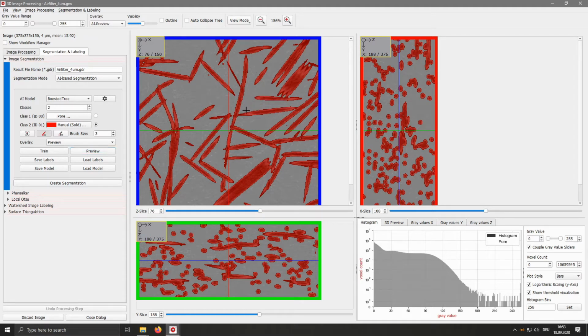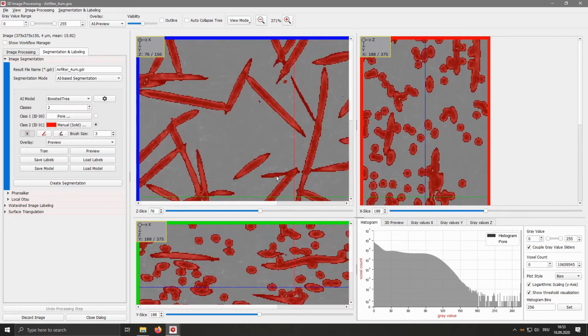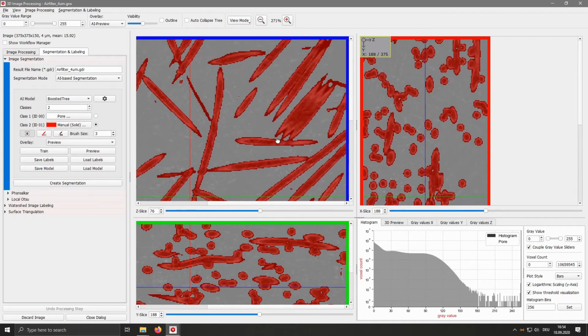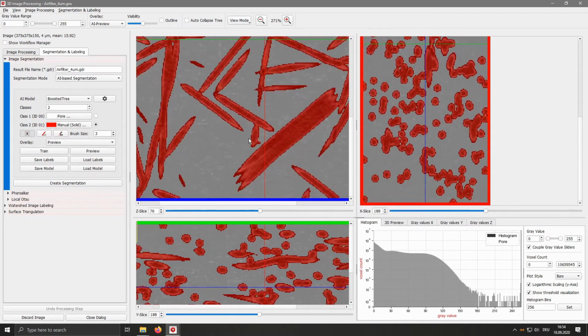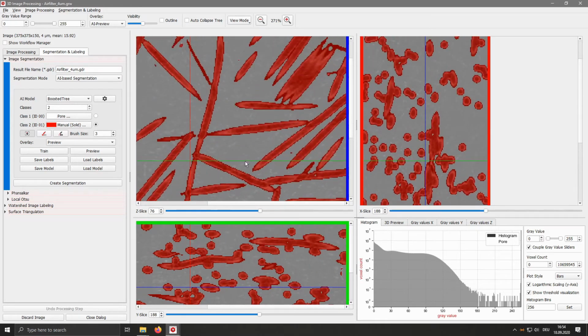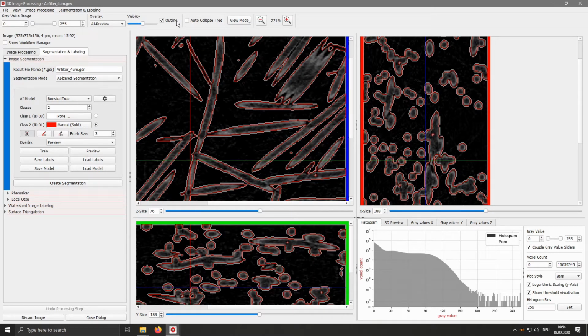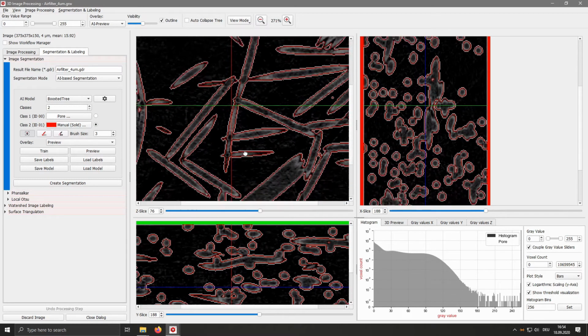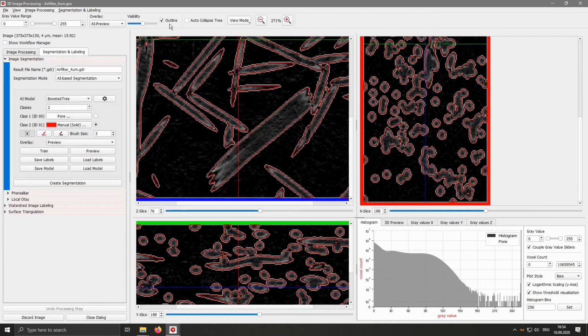So if we zoom in a bit again, also our mouse mode should be back to the navigation mode, and we can move in with right click. We see the segmentation is really good. There's basically no noise in the pore space, and the fibers look really nice. They are very well segmented. Also switch to the outline mode where you can see the boundary a bit better.